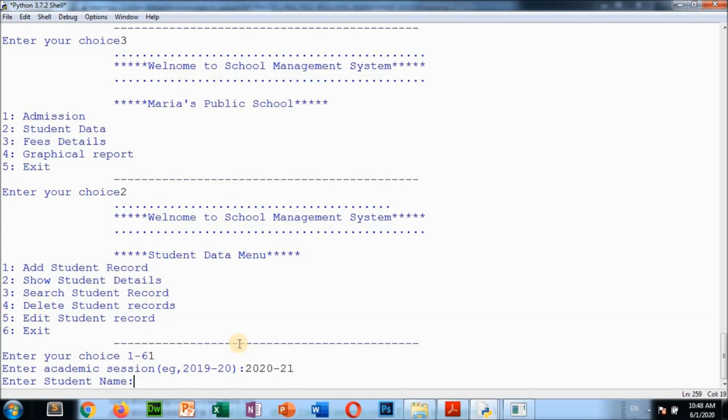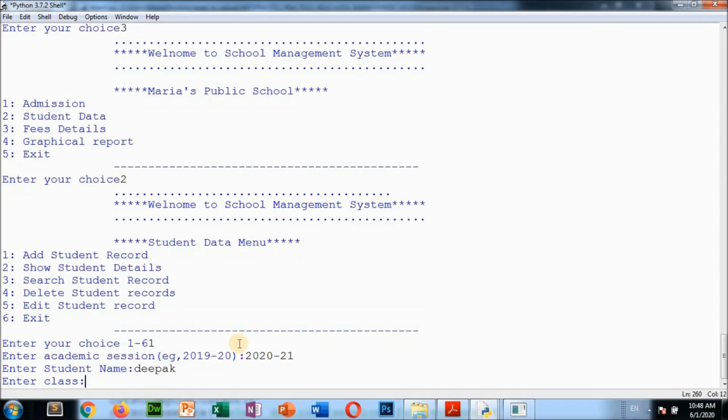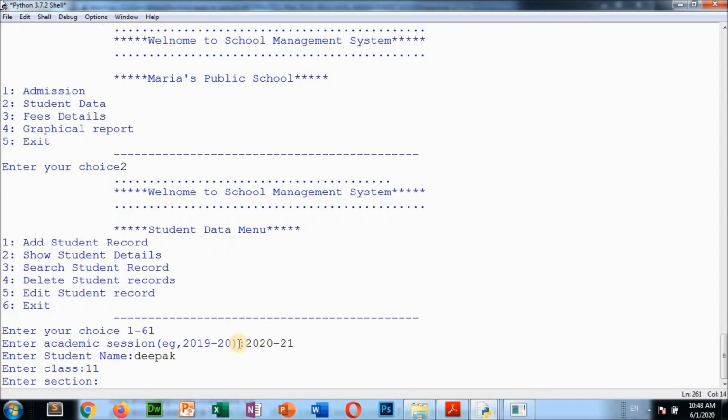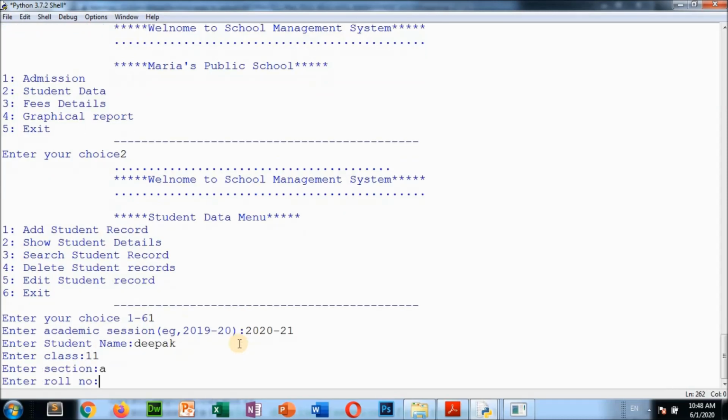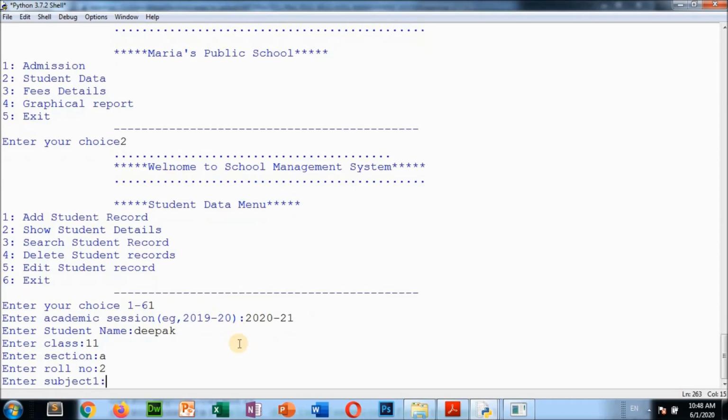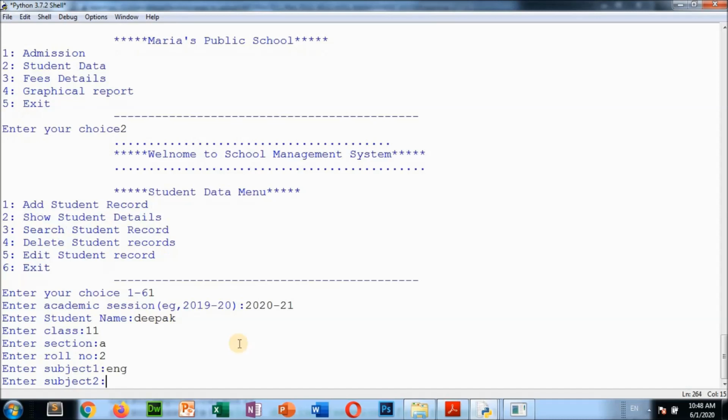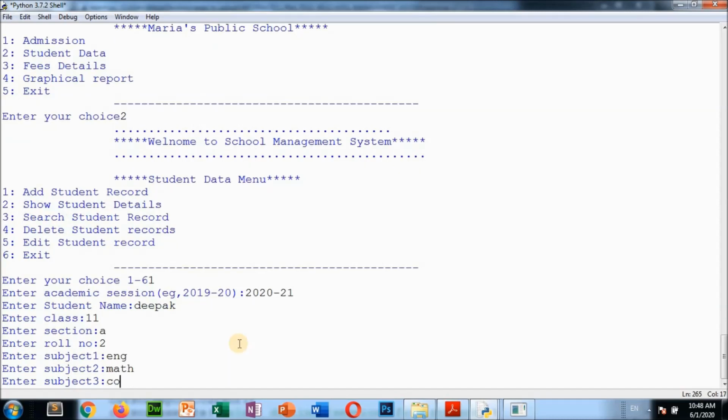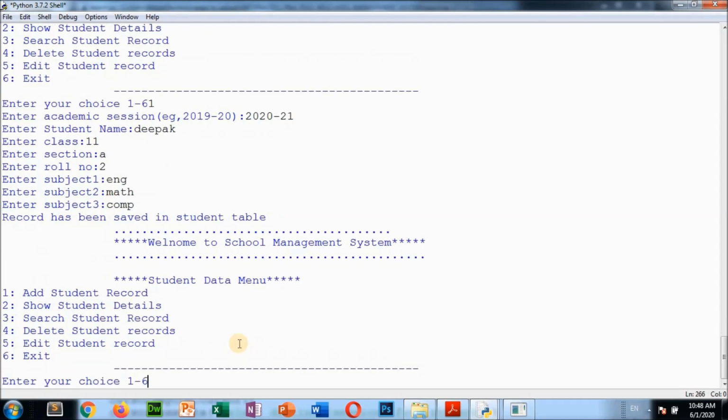Enter student name, Deepak. Enter class, suppose I am giving 11. Section A, roll number 2, subject 1 ENG, subject 2 MATH, subject 3 COMP. Done. One record we have stored.